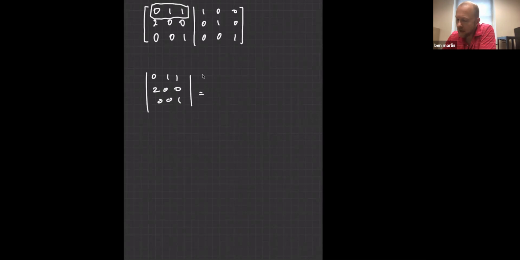And we're going to pull out that first row, 0, 1, 1. And in actuality, I didn't need to leave that much room there. Okay. And they alternate in sign. So the 0 that's in the upper left-hand column is going to be a plus, and then a minus, and then a plus, okay? And for that 0, we're going to take and